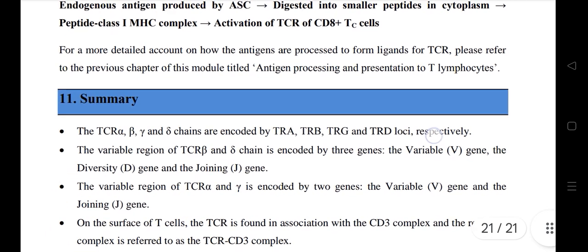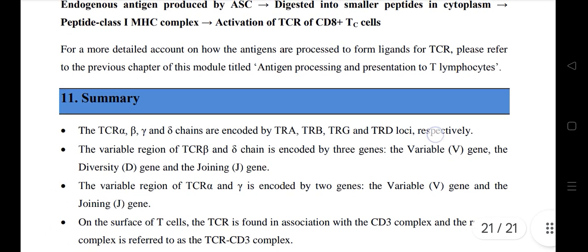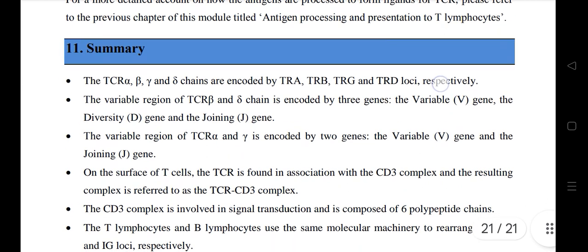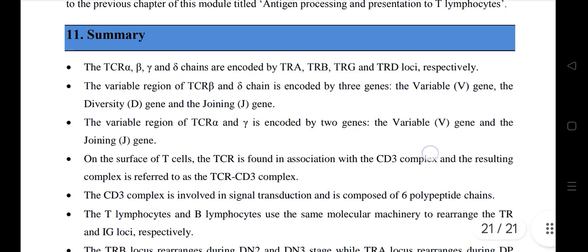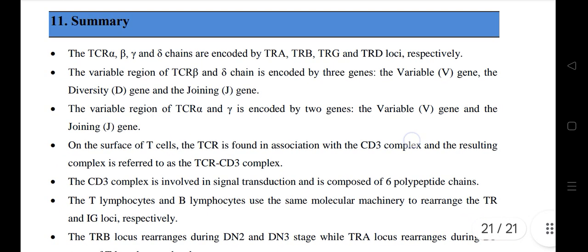Summary. The TCR alpha, beta, gamma and delta genes are encoded by TRA, TRB, TRG and TRD loci respectively. The variable region of TCR beta and delta chains are encoded by 3 genes, the variable gene, diversity gene and joining gene. The variable region of TCR alpha and gamma are encoded by 2 genes, variable gene and